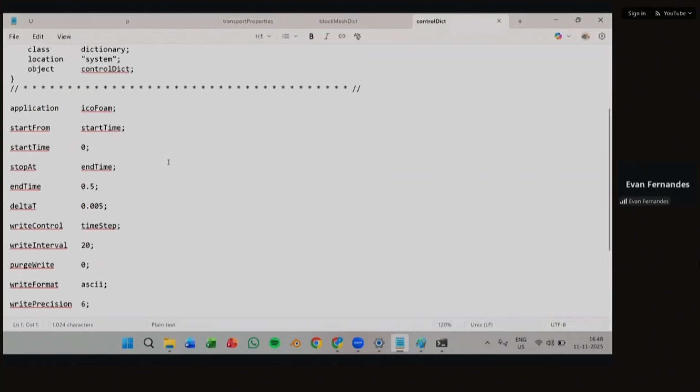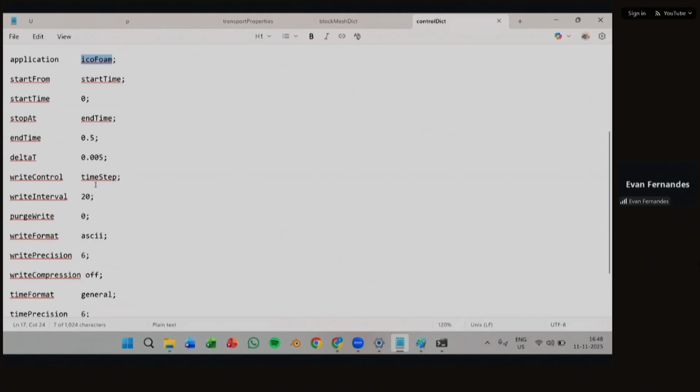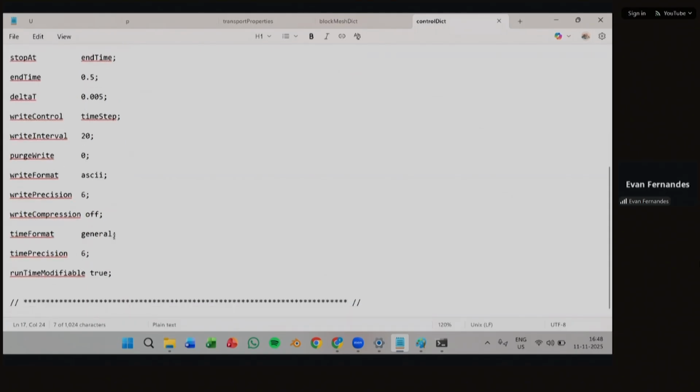Yeah. So this is where you will mention your start time, end time, the application like icoFoam, then you would have end time, time step. If you were to introduce any post-processing data, like for an airfoil case, for all the people from aerospace engineering, if you want to find the coefficient of lift or drag, you can add those additional functions at the end